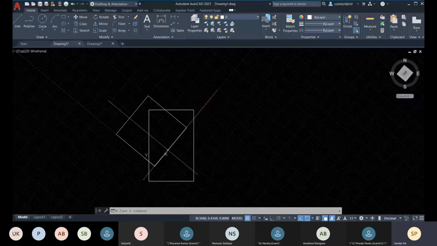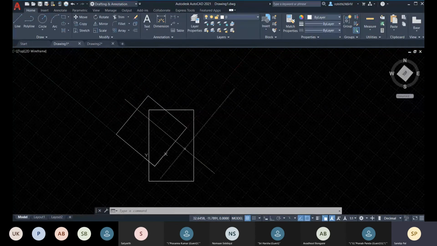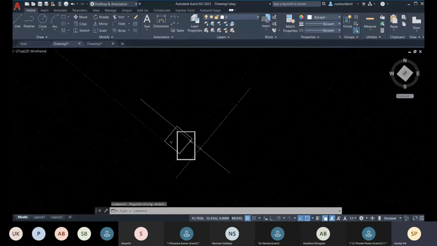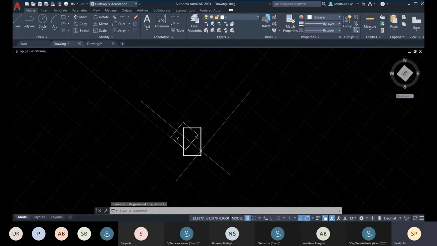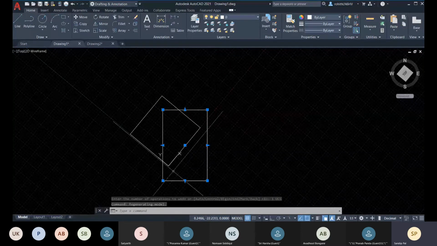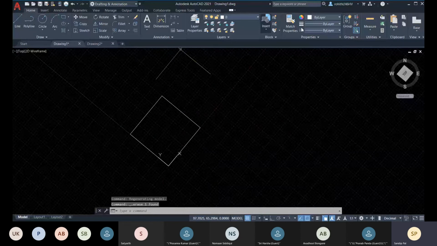So without changing your UCS, how can you get that? If you are working with absolute coordinate values, let me show you that. Let me delete this one, which was created as per WCS.